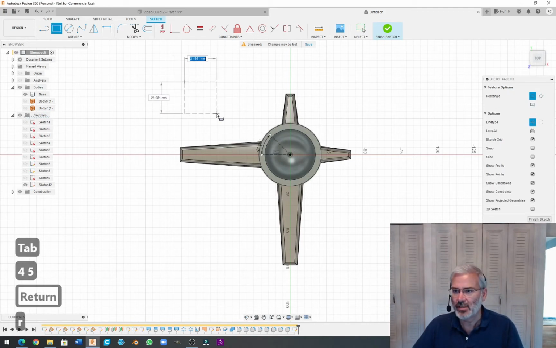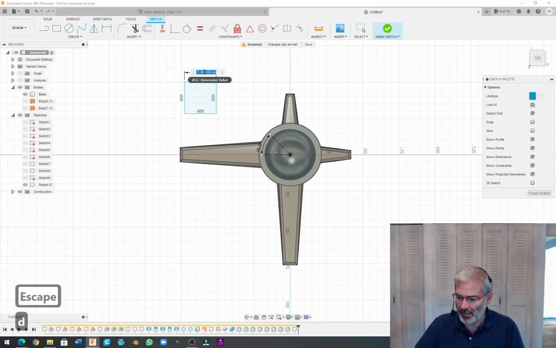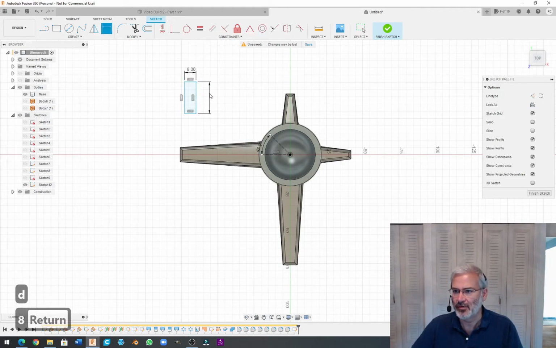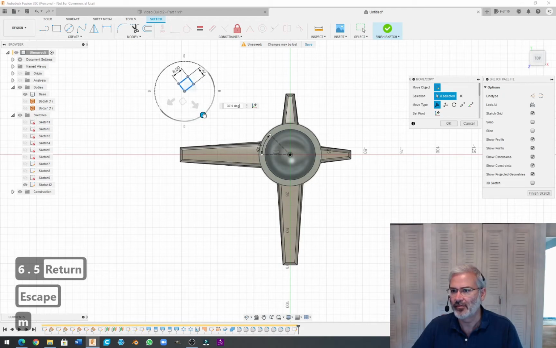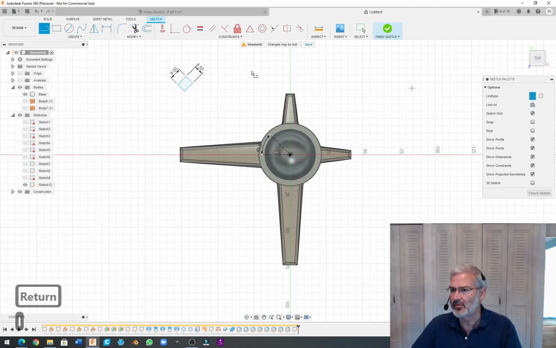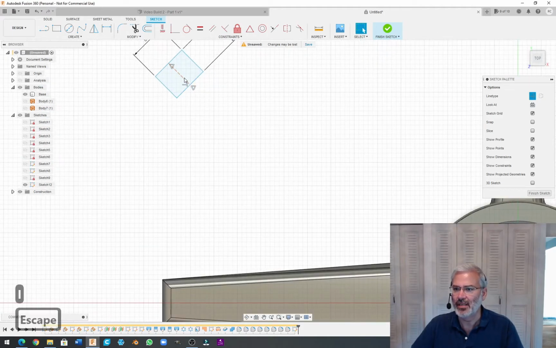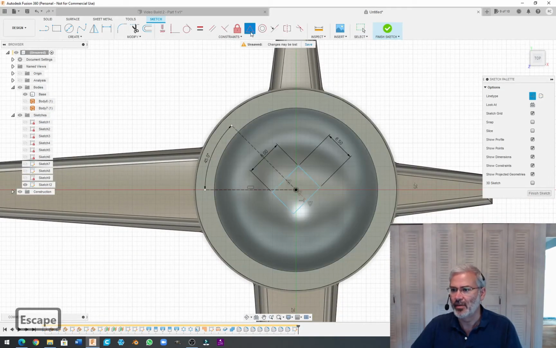Then we'll use the rectangle key and we'll select that whole thing and make it solid lines, and then we'll dimension them to 8 millimeters and 6.5 millimeters, and then we'll select the whole thing again and hit the M key to move it, and we'll move it 45 degrees. And then I'd like the center of this to be in the center of that, and I think the easiest way is to just create a construction line from the midpoint of the top 2 lines. Then we can zoom in and select the line and shift select the dot, and we'll midpoint constrain those,